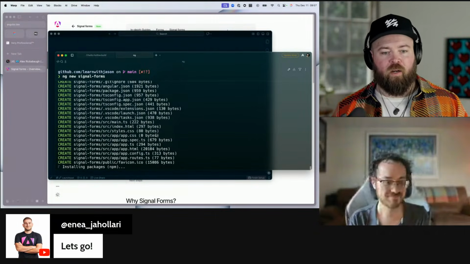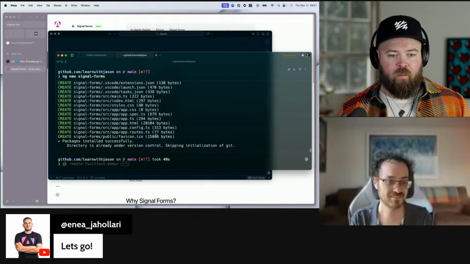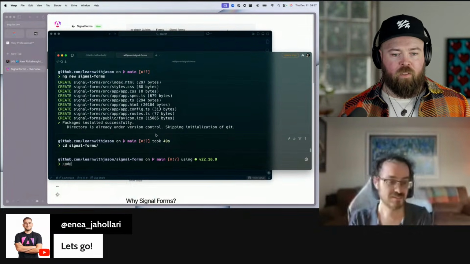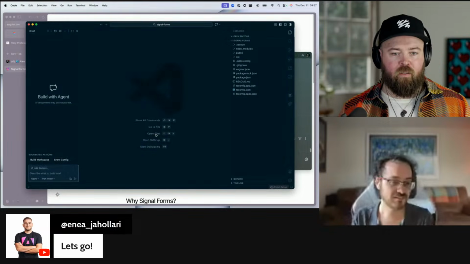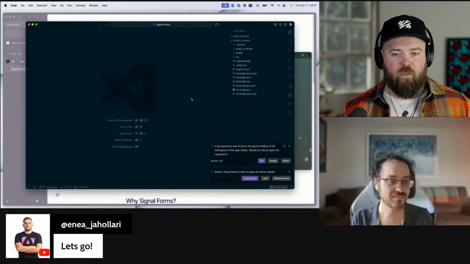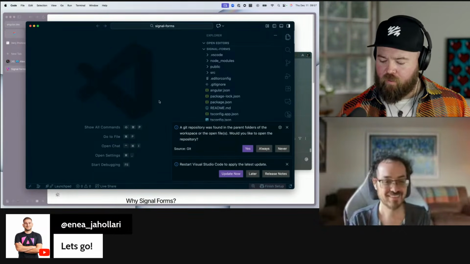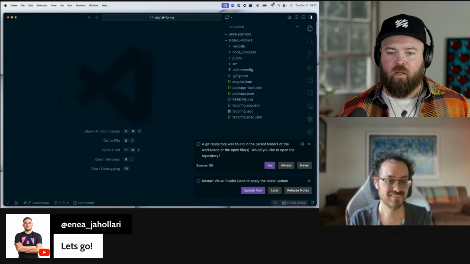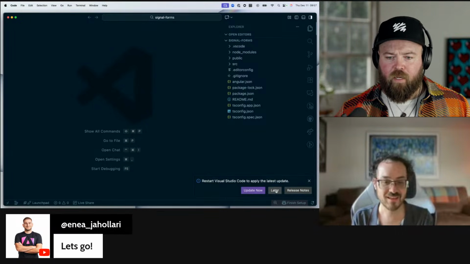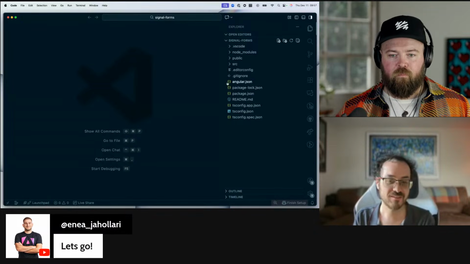So we are creating our project here and I'm going to move into it. It was called signal-forms. Open this one up. Just kind of looking at the project here. Let me make this a little bit bigger so we can see what's going on and then maximize the screen. Okay. Perfect. Update later. Great. If you can open the package.json,